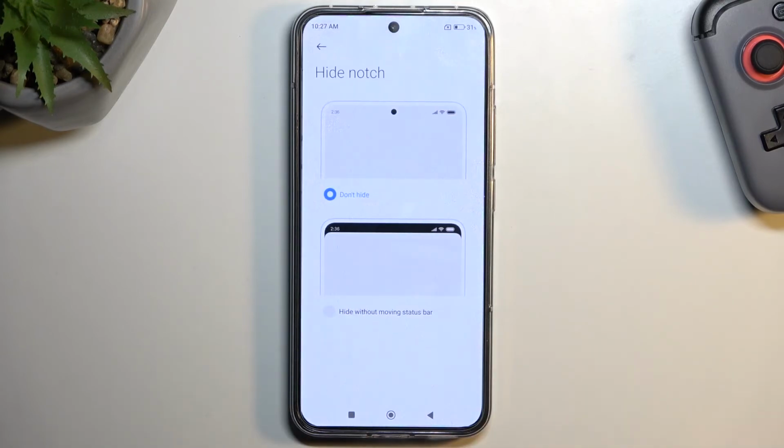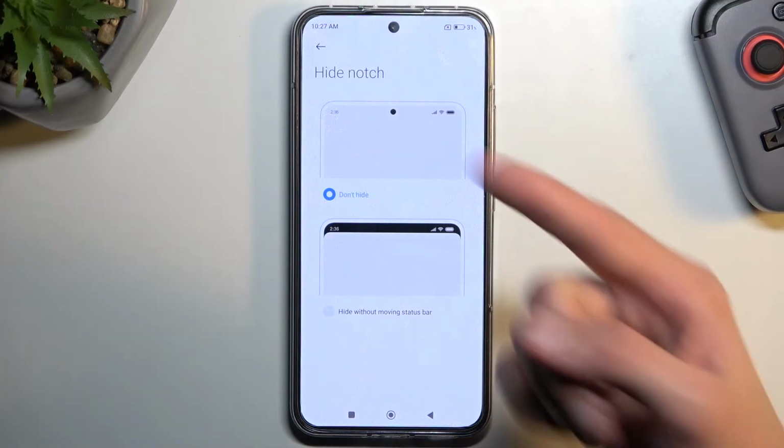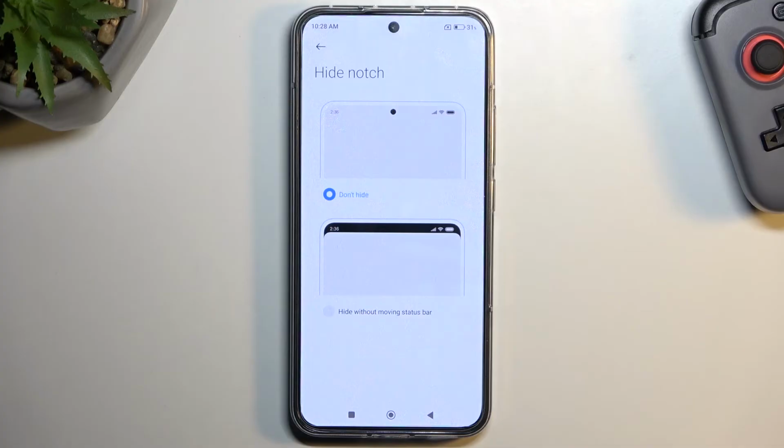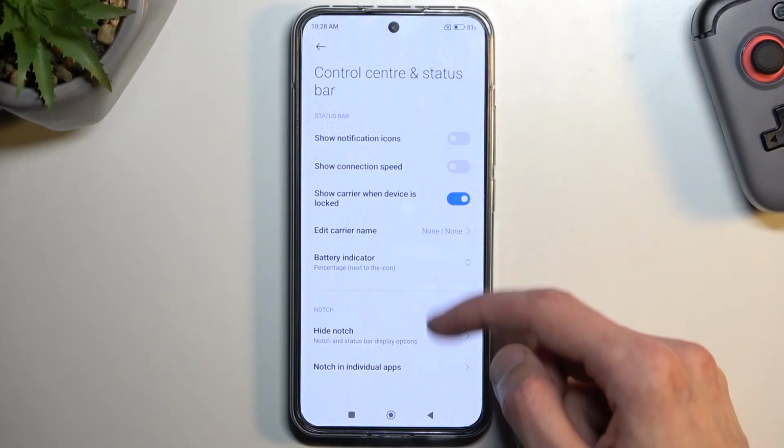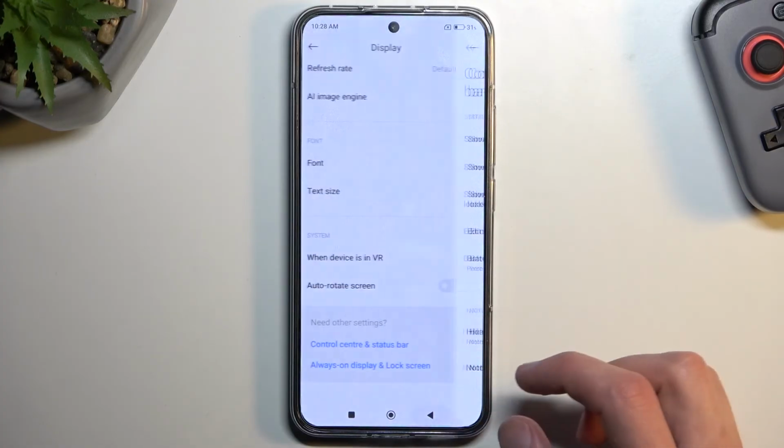And also you can hide notch in here if you're being bothered by the little hole punched camera, though at this point I don't think anybody is anymore, considering we had to deal with them for already like half a decade, so yeah. Anyway, moving on to the next and last option, it's going to be the gesture navigation, and you can find that under the,